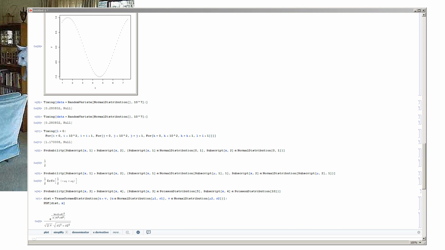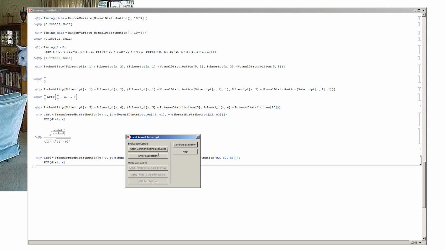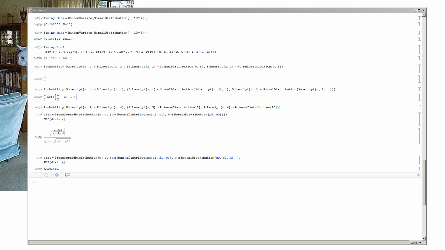But what happens if we try to work with a less well-known distribution? In fact, let's go ahead and see what happens if we want to add together cats and find out the final weight here. And apparently cats don't add so well. I tried this one as well a couple times and wasn't able to get results returned from Mathematica, unfortunately. So besides these, I'm going to abort that, besides these bugs and issues,